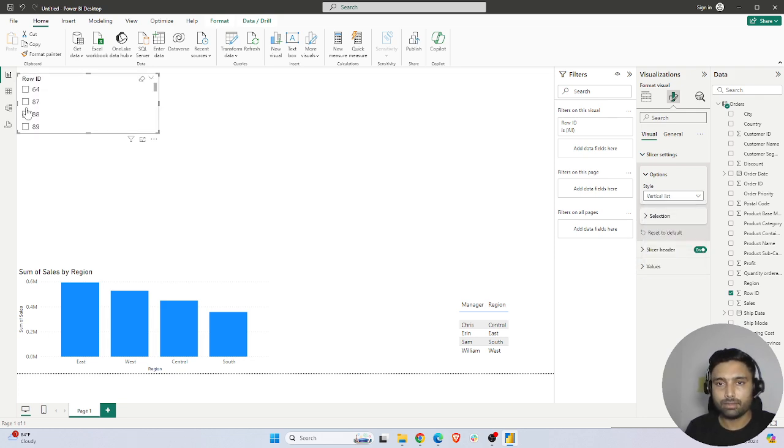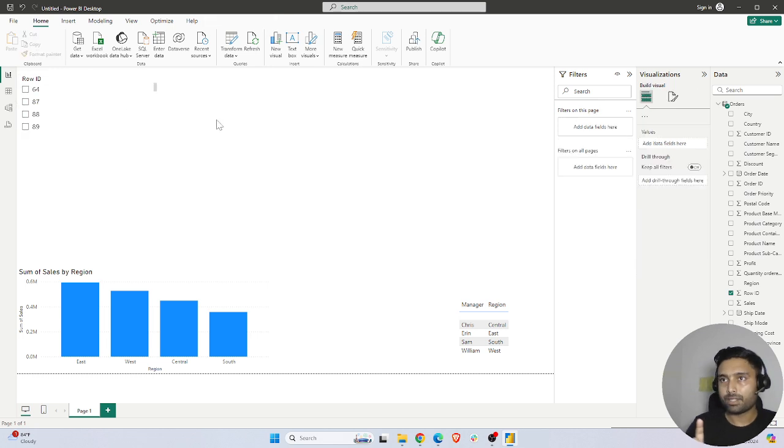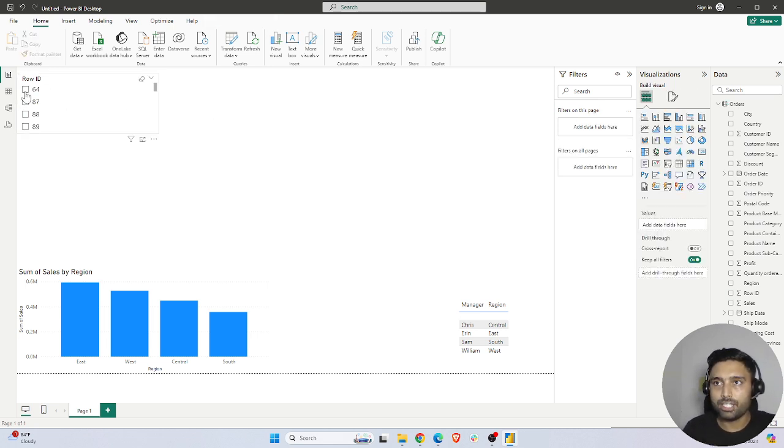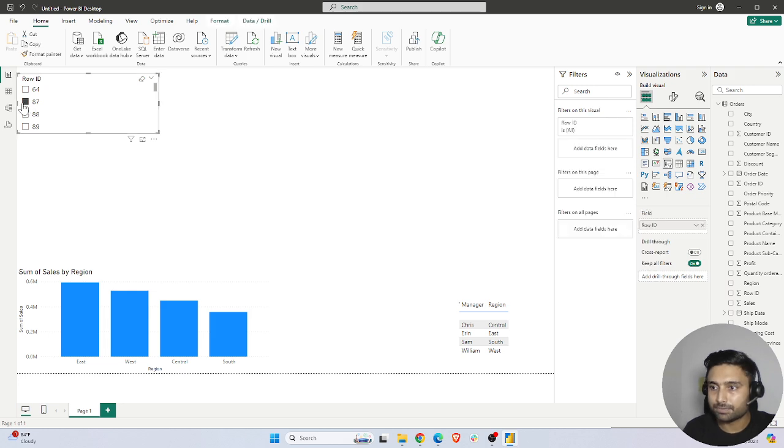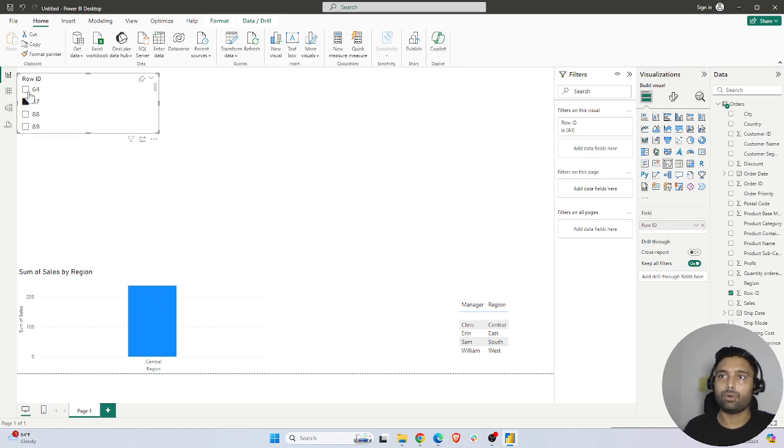See, it looks better now, better than before. You can do it as a drop down also, depends on you. Click on this and you can select it manually. But right now I'm doing the vertical list. Now see that whenever I select 87, this chart is changing. For this particular row ID 87, I have Central as the region and the sales is a total of 236, rupees or dollars, anything. I will select another one, 94914, and I have region East and the sales is approximately